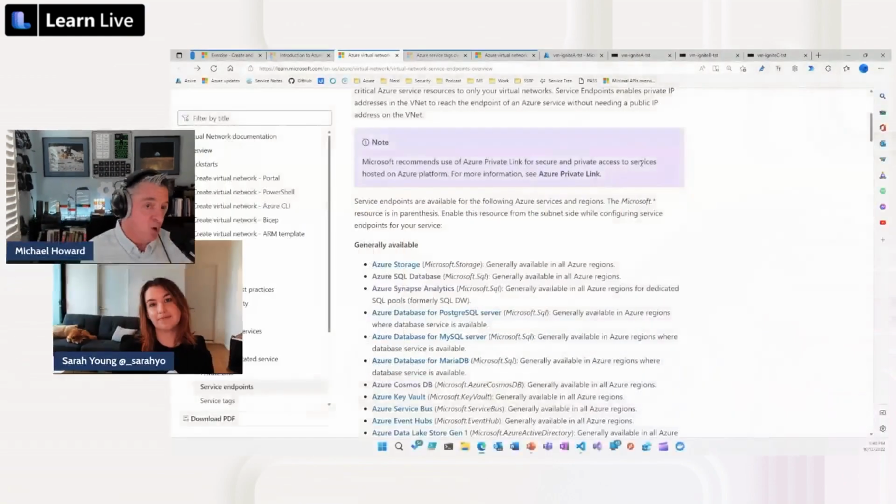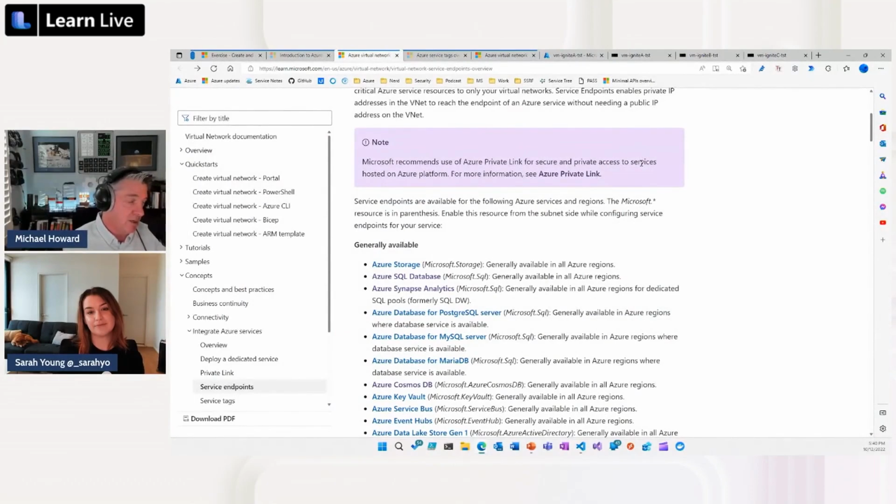If you wanted to do that, we have to use what are called private links using private endpoints. As I mentioned earlier, we're not covering private endpoints. That's a whole other discussion. But the recommendation for the most part is to use private endpoints. But you still have to know what service endpoints are, if for no other reason than to compare and contrast between the two.